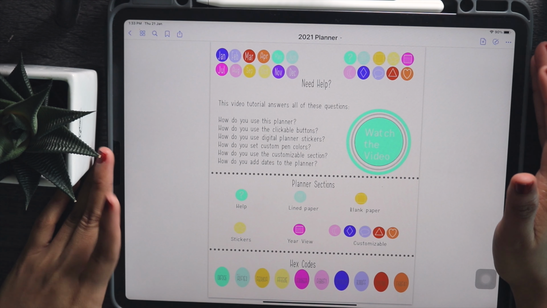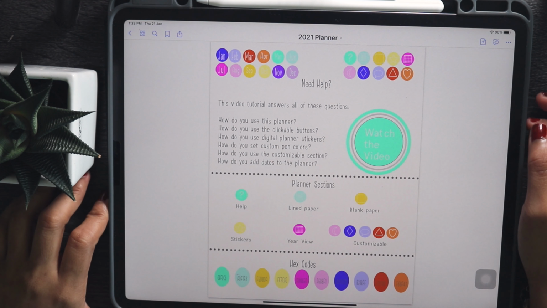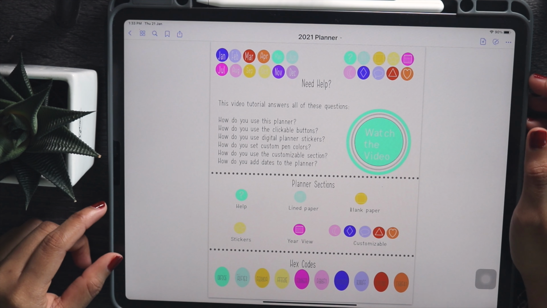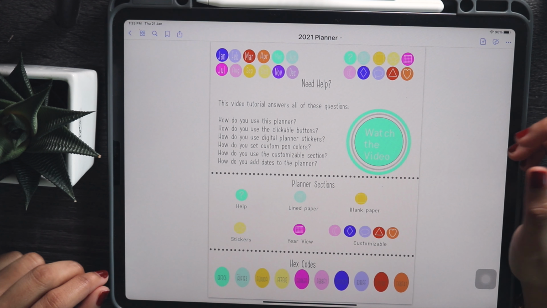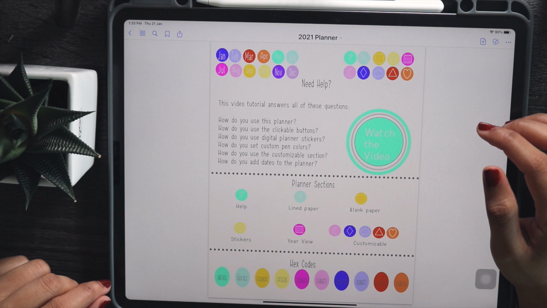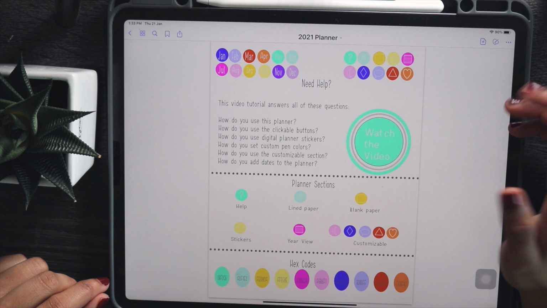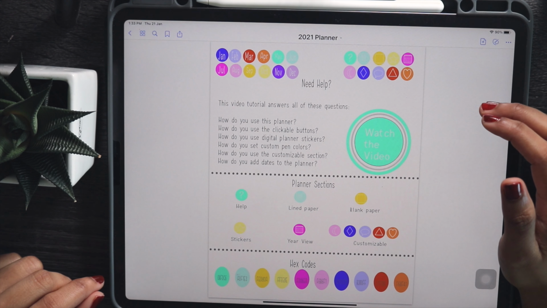planner that I created. If you'd like to follow along with me as I show you around this planner, I created this planner to help you organize 2021 by designing a digital planner using vectors. So if you want to know more about my digital planner using only your iPad before purchase, check out this video. Today I'll be showing you how to use this planner in the app GoodNotes.